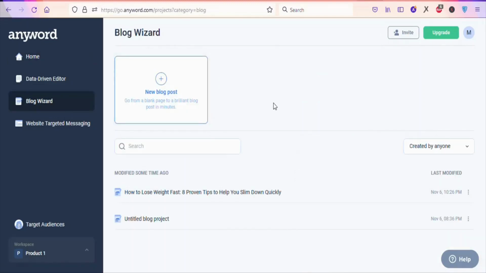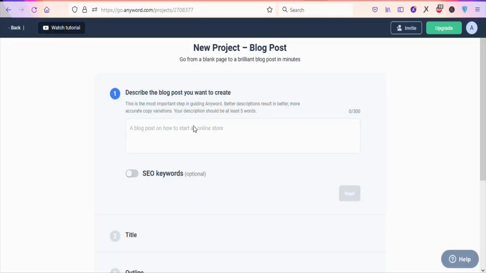Once you click on Blog Wizard, you are going to see a page like this. We want to write a blog post, so just click right here, New Blog Post. Once you click on it, you are going to see a page like this. Now you have to type a title of any blog post that you want to write. So you just type some keywords here